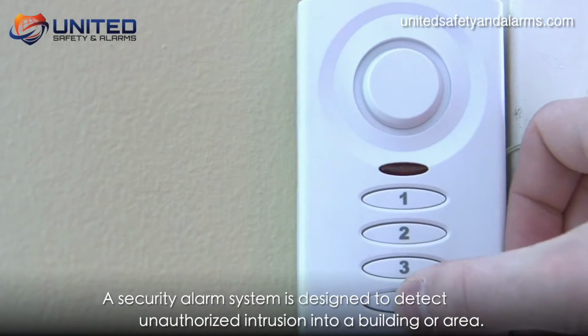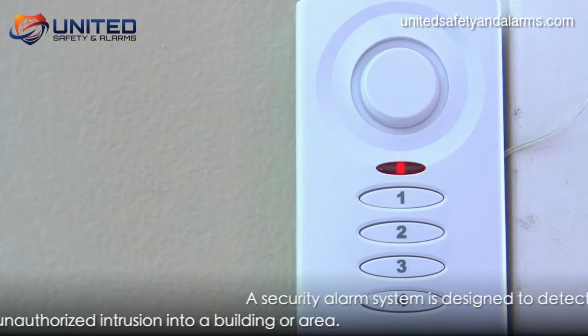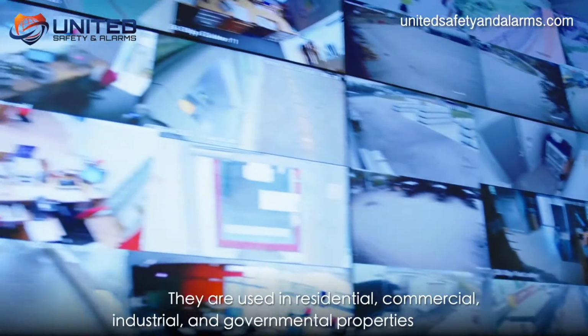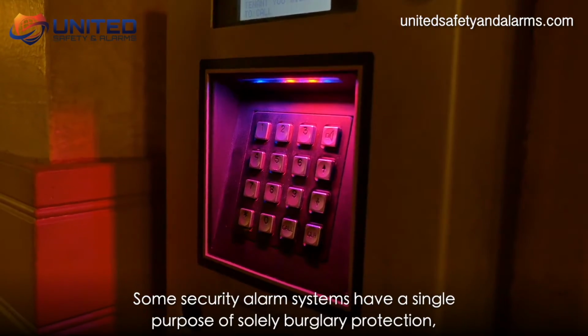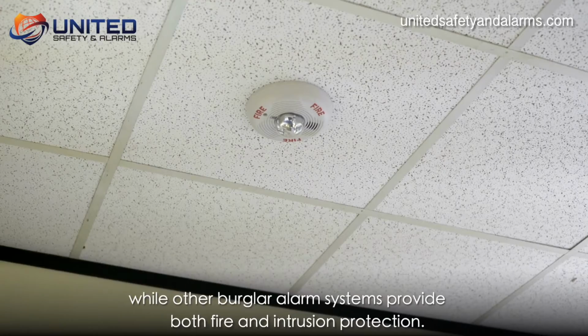A security alarm system is designed to detect unauthorized intrusion into a building or area. They are used in residential, commercial, industrial, and governmental properties for protection against theft, property damage, and intruders. Some security alarm systems have a single purpose of solely burglary protection, while other burglar alarm systems provide both fire